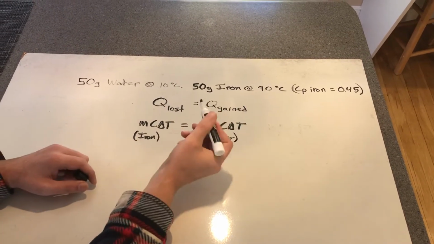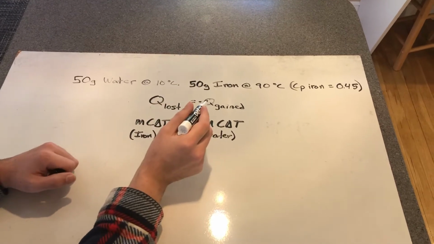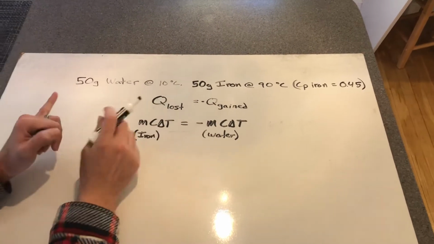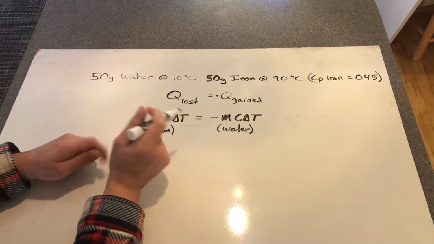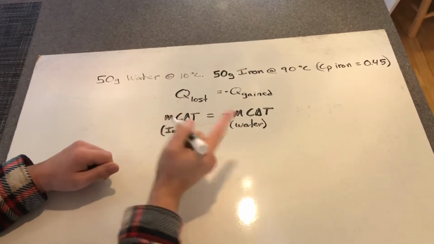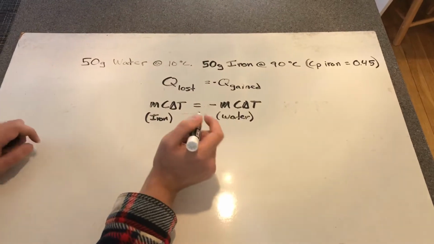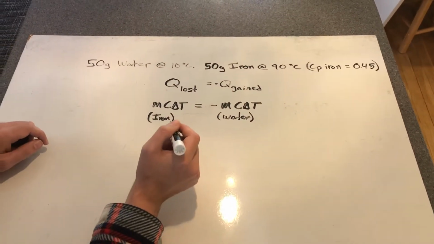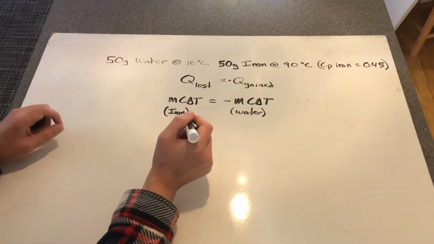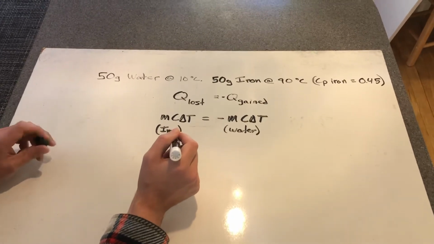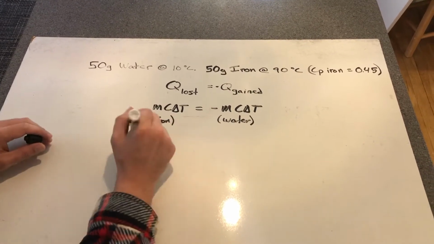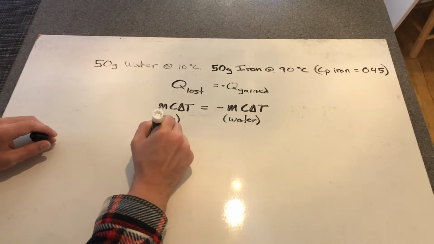This problem is the one we were working on in class, and we're trying to find the final temperature of the system. So it's 50 grams of water at 10 Celsius, 50 grams of iron at 90 Celsius. Specific heat of iron is 0.45, and we know the specific heat of water is 4.184. So we're just going to plug in, and in both cases, we're going to try and solve for the final temperature. So we have 50 grams of iron